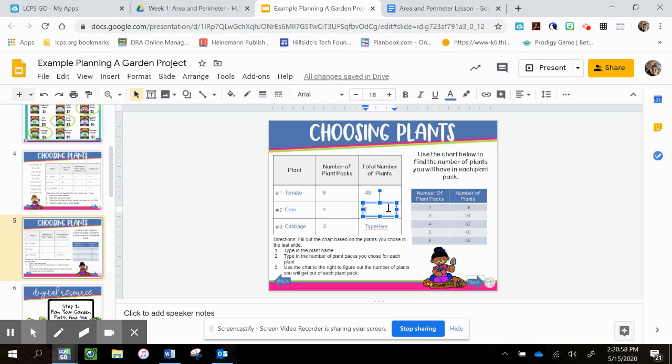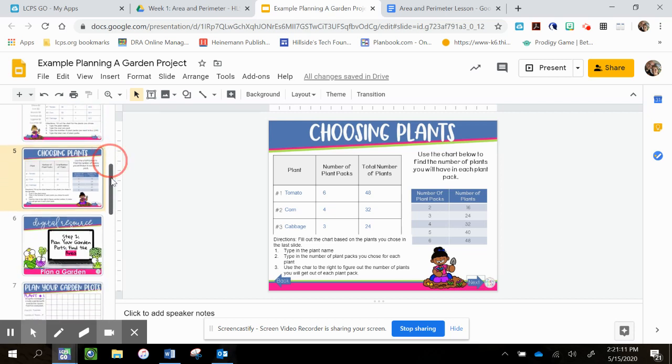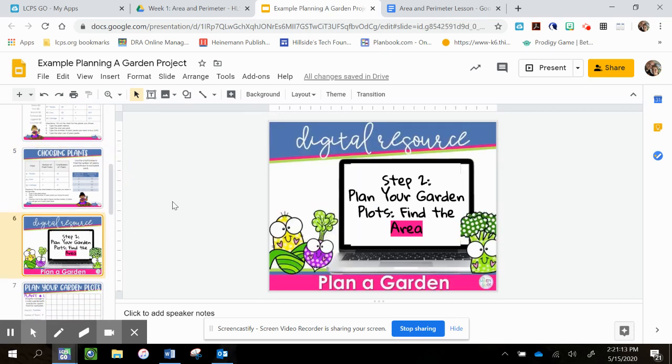Here I got 4, so I'm going to have 32 corn plants. And I only chose 3, so I'm going to have 24 cabbage plants. Okay? This is the first step of planning our garden. So now what we're going to do is plan our garden plots, and we're going to find